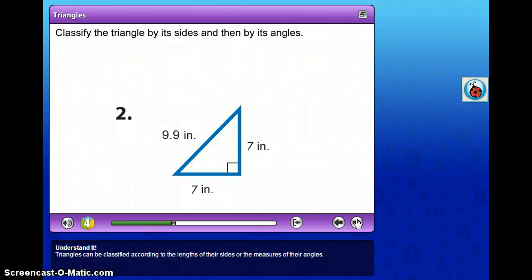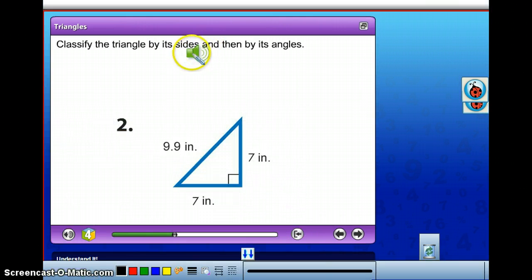Okay, I want you to get out a sticky note right now and classify this. You have to classify it by its sides and its angles. Sides and angles. So when you classify by side, you're using one of these three terms. Classify by angles, you're going to use one of these. So you might have